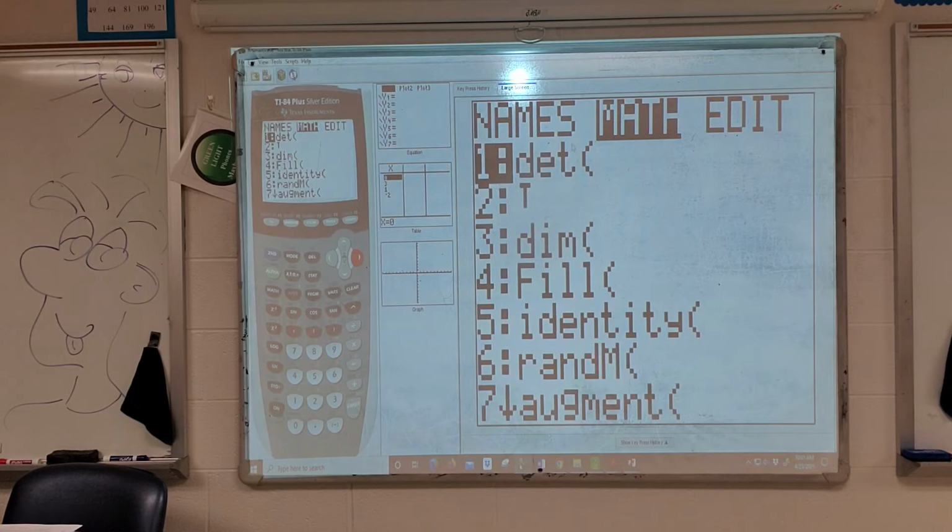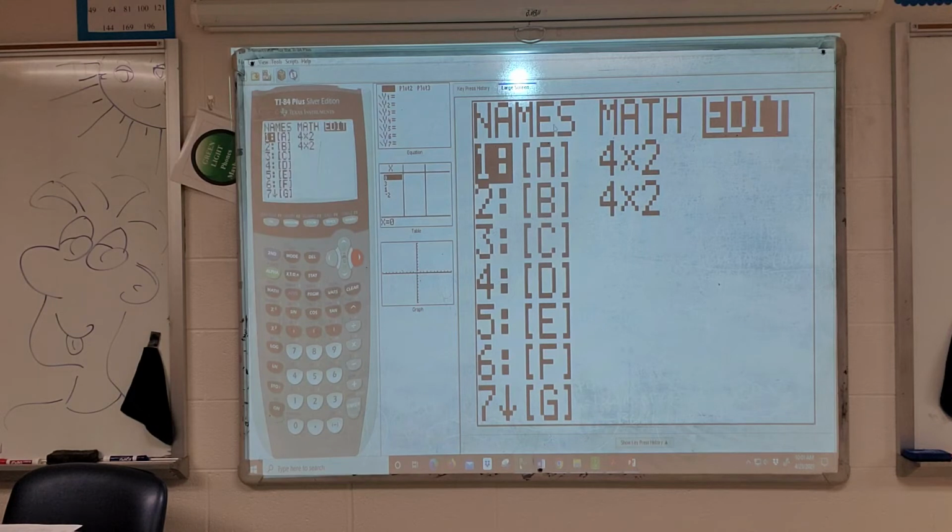But anyways, that's where you can do all that. But we're not going to do that. We're going to go over to Edit. We're going to go all the way over to the Edit tab, and we're going to put the observed matrix in for A. So this tab right here allows us to edit them. So we're going to go to A,